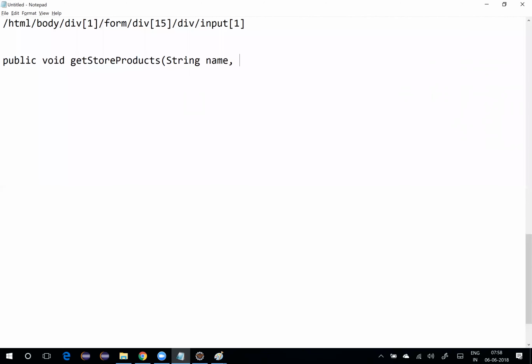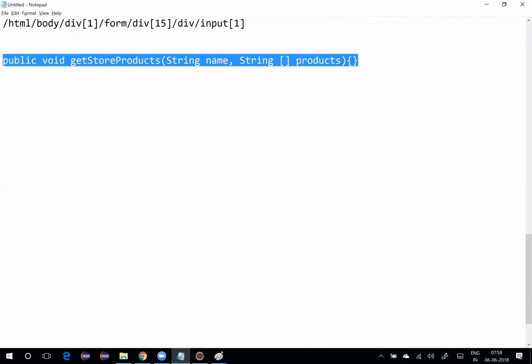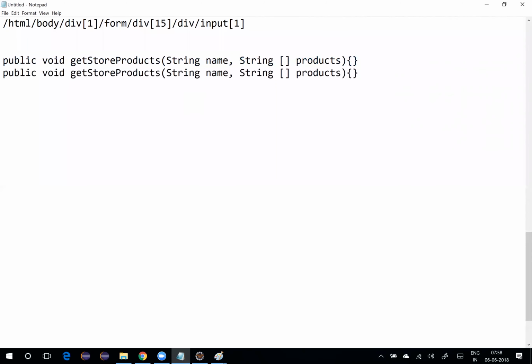I don't know. Since we don't know how many products there are, I can pass this as a string array of products. This is perfectly fine, this is one way of doing it. Now the problem with arrays is that they have a constant size. Obviously, size has to be defined. Or what you can do is, rather, have a list of